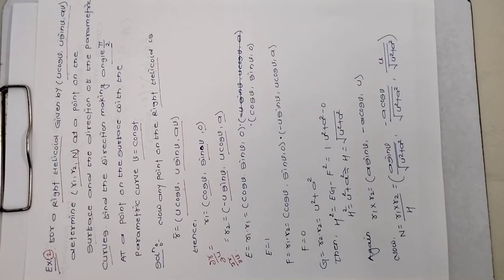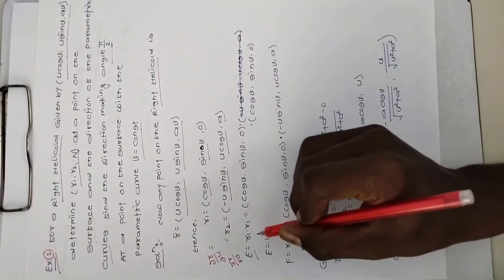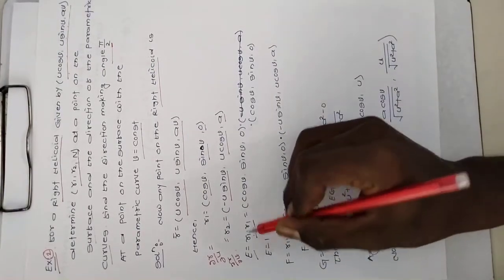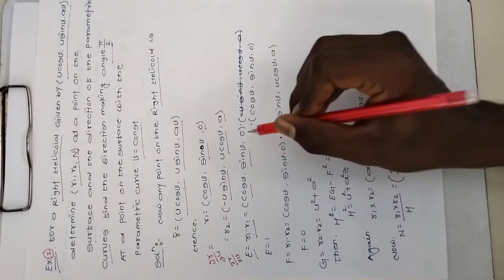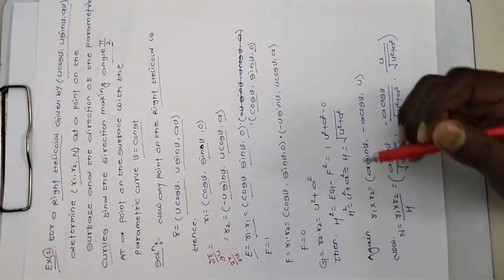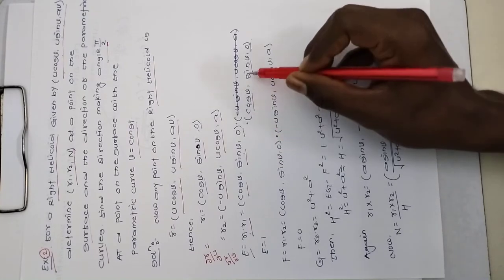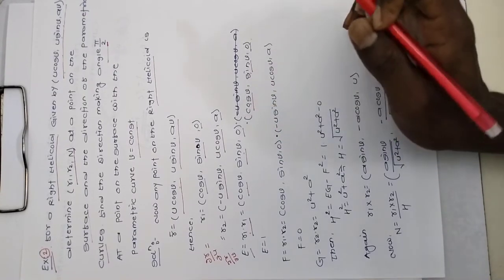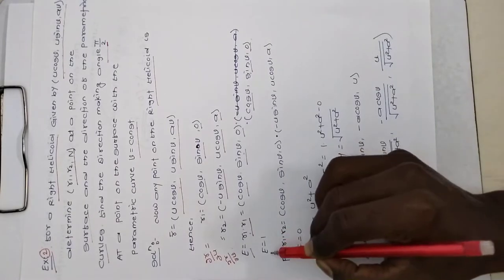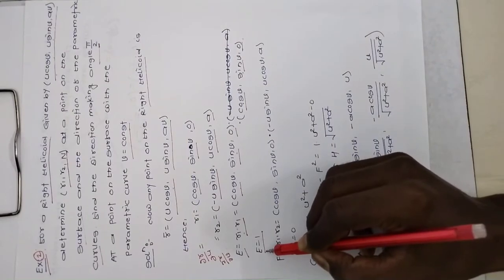Again find the fundamental coefficients E, F and G. First find the first fundamental coefficient, that is capital E, and the value of capital E means r1 dot product with r1. So substitute the value of r1, cos v, sin v, 0, again dot product with cos v, sin v and 0. Similarly cos v into cos v, that means cos square v, plus sin v into sin v, that means sin square v, plus 0 into 0. By trigonometric identity, cos square v plus sin square v is 1. The value of E means 1.